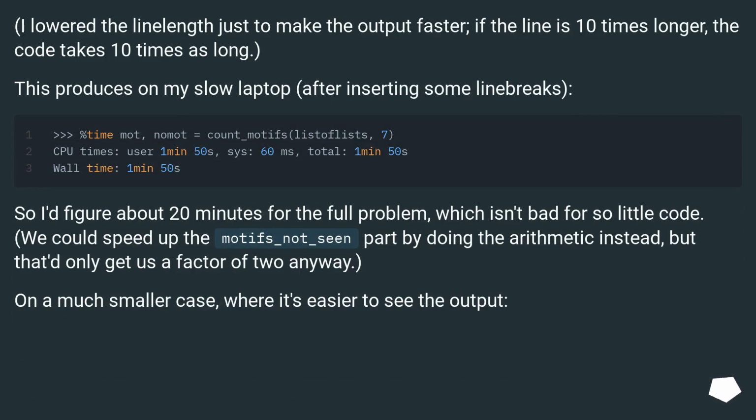I lowered the line length just to make the output faster. If the line is 10 times longer, the code takes 10 times as long. This produces, on my slow laptop, after inserting some line breaks, the following output. So I'd figure about 20 minutes for the full problem, which isn't bad for so little code. We could speed up the motifs not seen part by doing the arithmetic instead, but that'd only get us a factor of 2 anyway. On a much smaller case, where it's easier to see the output,